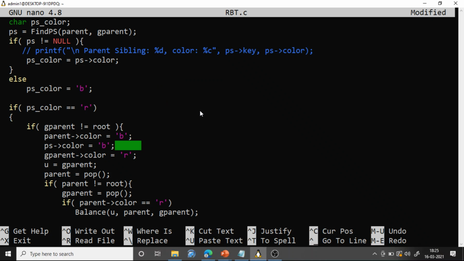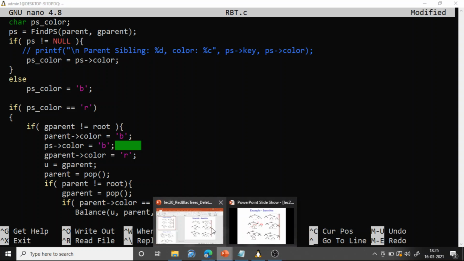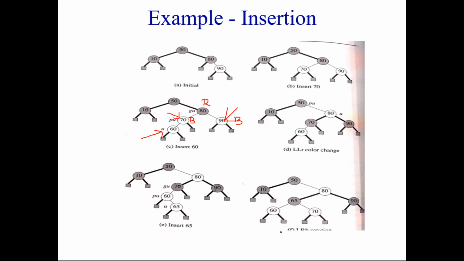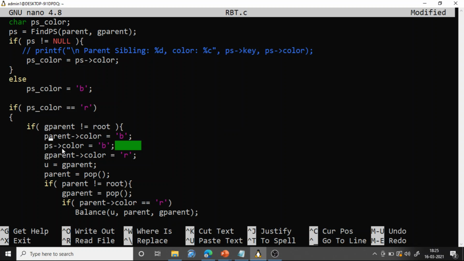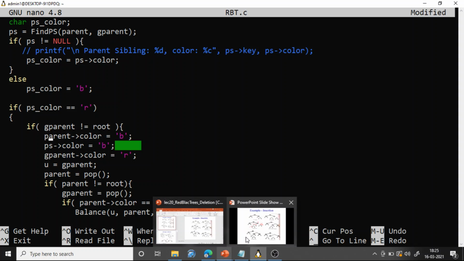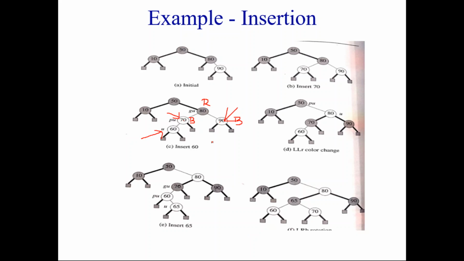So that is what we check first. First we check whether the parent sibling is red or not, and then whether the grandparent is not the root node. If so, we change the color: parent and its sibling become black, and the grandparent becomes red.